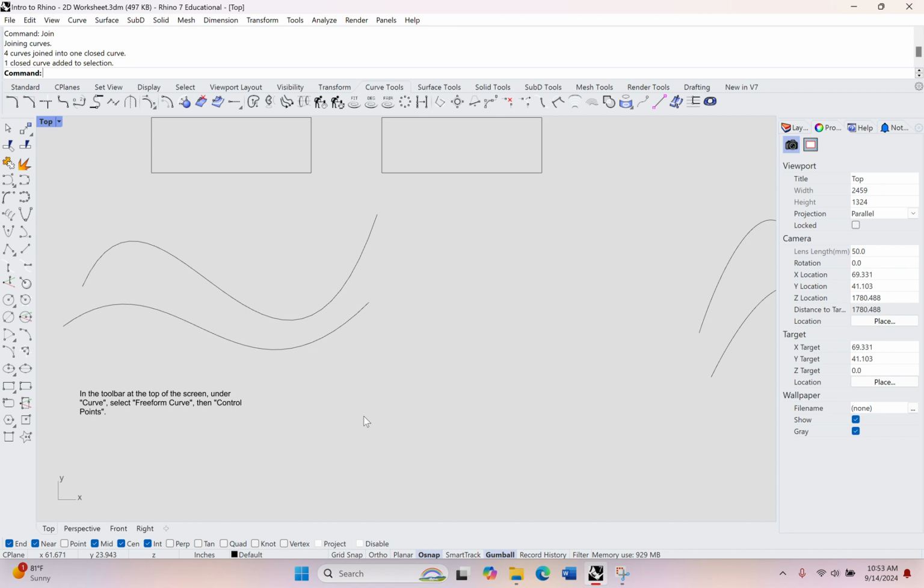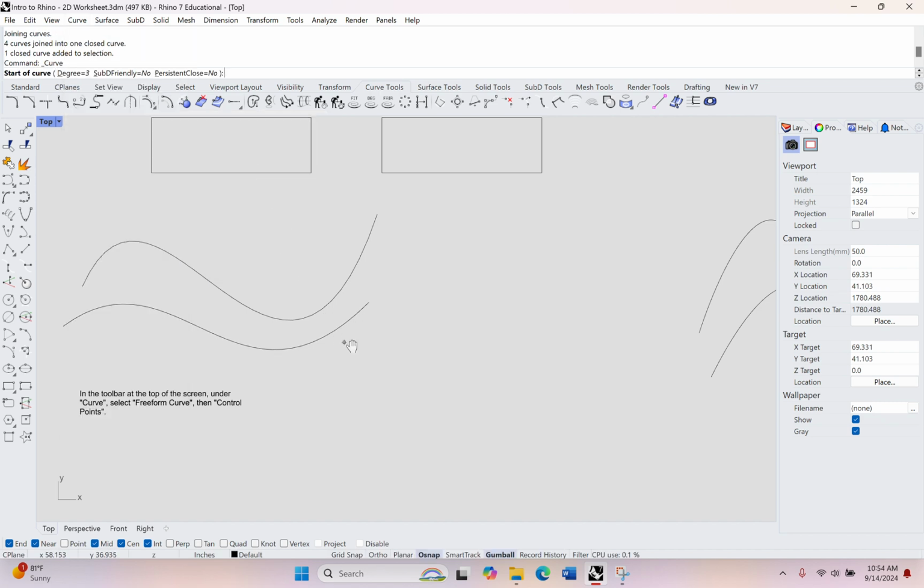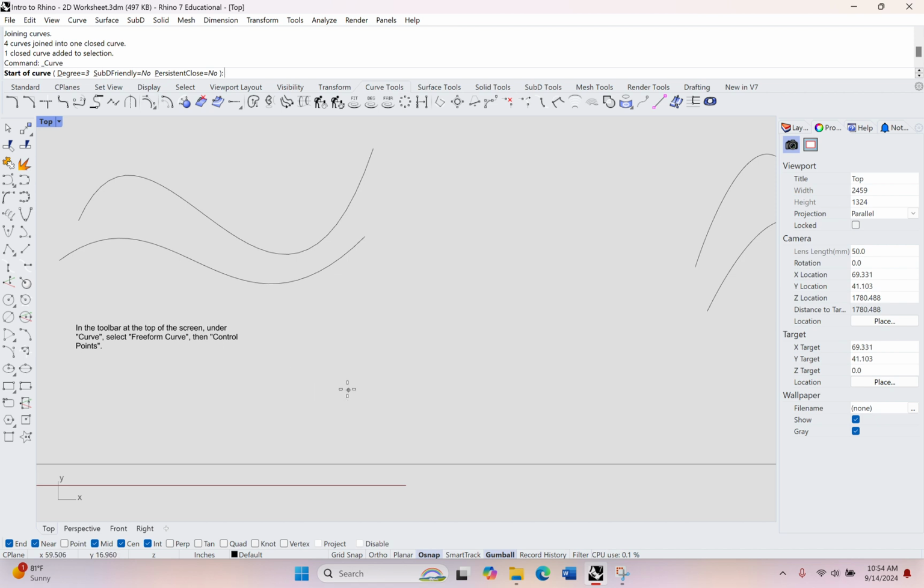Let's use the freeform curve tools because it's fun to be a little bit curled, a little bit wavy with some of our geometry. At the very top of the screen, in curve, everybody should have curve at the top of the screen. If we come down a little bit to freeform, let's do control points curve. So I'm just going to start